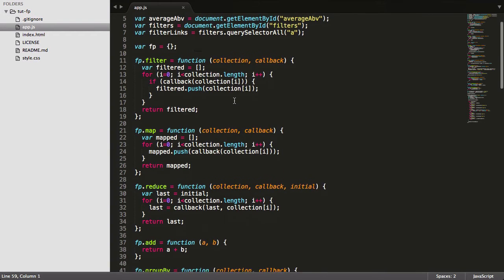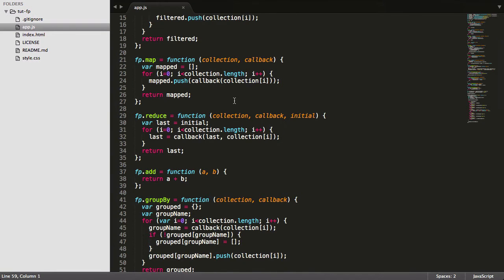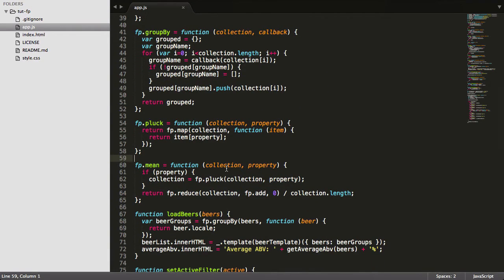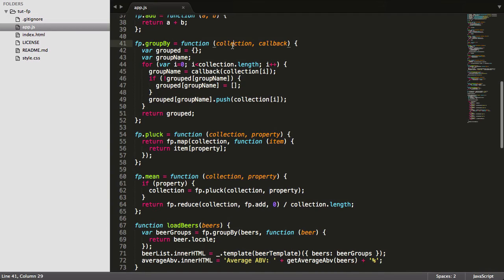Make small functions so that we can glue them together using composition, like we did with the mean function here, where we're using several other functions to make another one. And try whenever you can to make pure functions that take parameters and return values. So don't have them do things. Instead, have them process something that you've given it and then return it for you to do something with later. And if you can stick to those couple guidelines, you're well on your way to understanding what makes